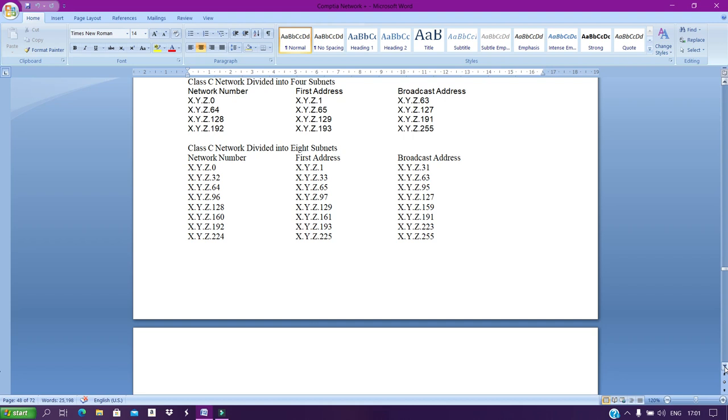Class C network divided into 8 subnets. Network number, first address, broadcast address. x dot y dot z dot 0, x dot y dot z dot 1, x dot y dot z dot 31; x dot y dot z dot 32, x dot y dot z dot 33, x dot y dot z dot 63; x dot y dot z dot 64, x dot y dot z dot 65, x dot y dot z dot 95; x dot y dot z dot 96, x dot y dot z dot 97, x dot y dot z dot 127;